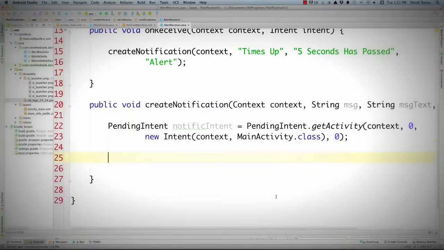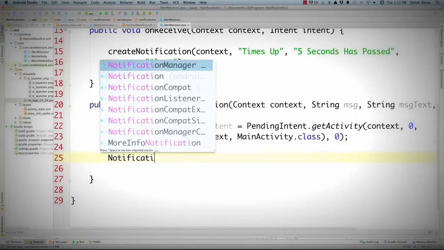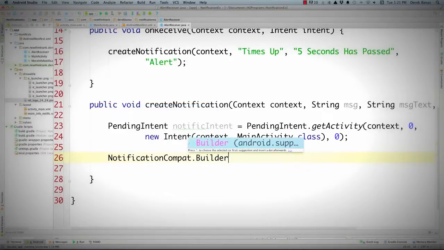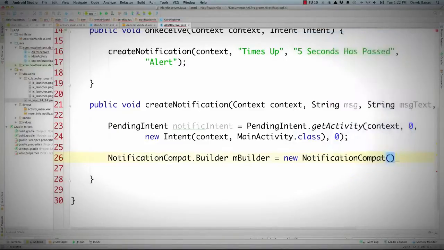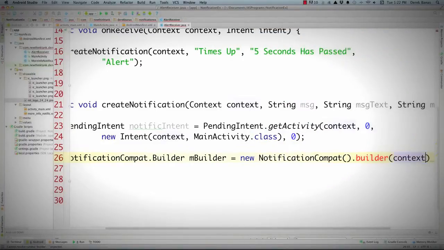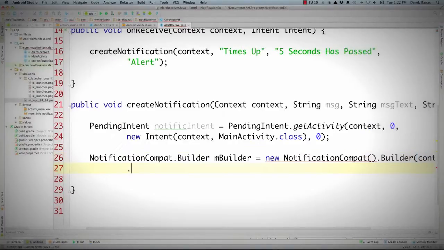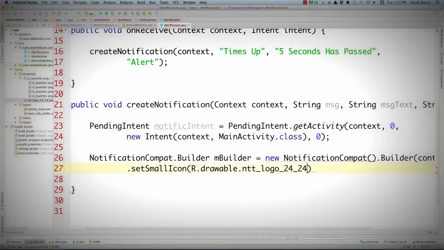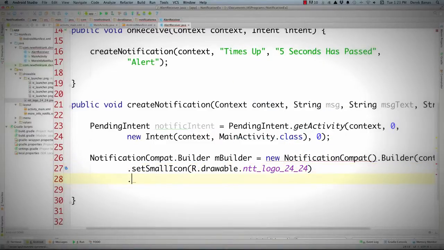We need to build our notification that we want to show up whenever the 5 seconds has elapsed. We're going to do that in exactly the same way using this builder just like we did before. Let's just call this mBuilder equal to new NotificationCompat.Builder, pass in our context, make sure that's uppercase, and then just like we did previously, we're going to come in here and define everything. So let's say we want to define our icon we want to show up inside of there, R.drawable, just like we did before, dot, and I'm just going to use that one again. And then on the next line, we'll also be able to set our title, and that's just going to be the message that